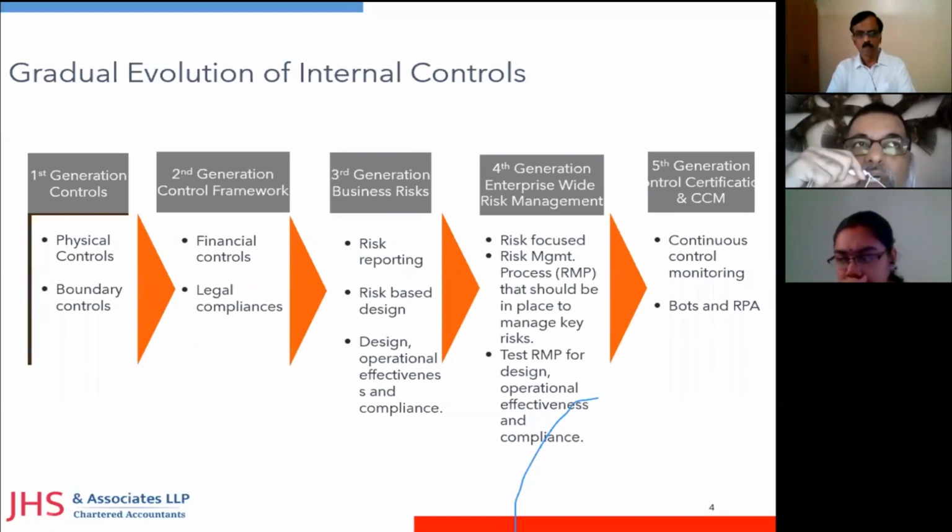Internal controls largely are driven by 4 or 5 criteria. The first is the controlling environment of the organization in the form of ethics, code of conduct, policies, procedures. The second element is the risk assessment processes that an organization designs and implements. The third element is the controlling activities, in the form of process narratives, flowcharts, risk and control matrices, testing of transactions for effectiveness of authority, and so forth. And the last subset is on communication and on monitoring. So organizations have processes like internal audits, concurrent audits, process evaluations, control self-assessment. These all also come into the category of internal controls. So that's the universe of internal controls that we should keep in mind while we look at the subject of